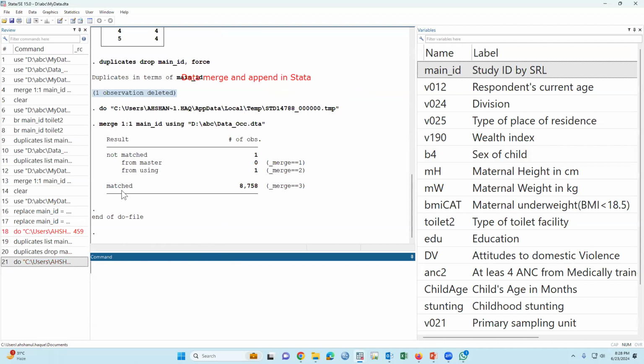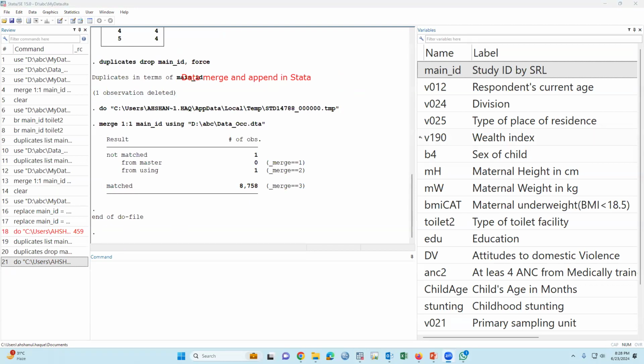Then 8,758 cases have been merged. One is missing since one of them has been deleted. For this reason, in the using file, the data not merged.